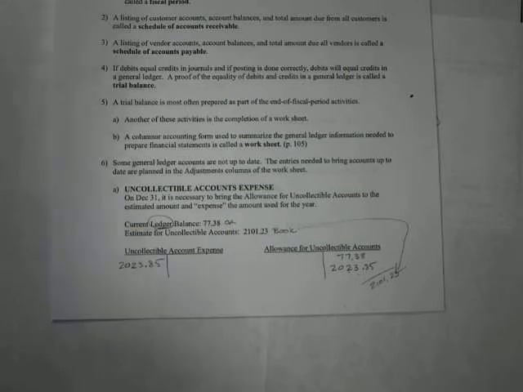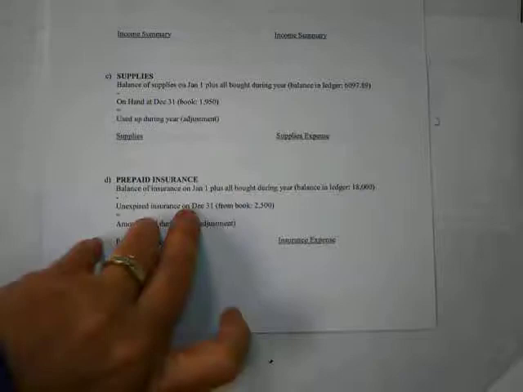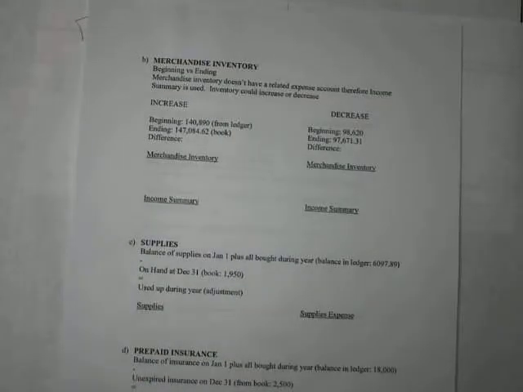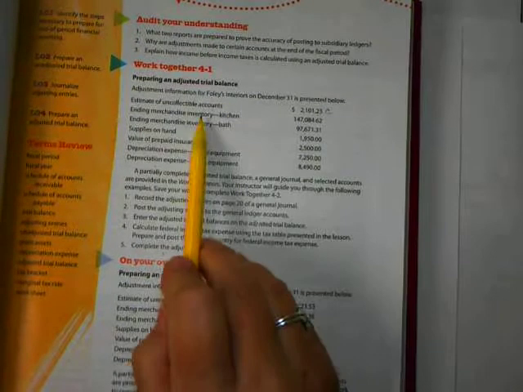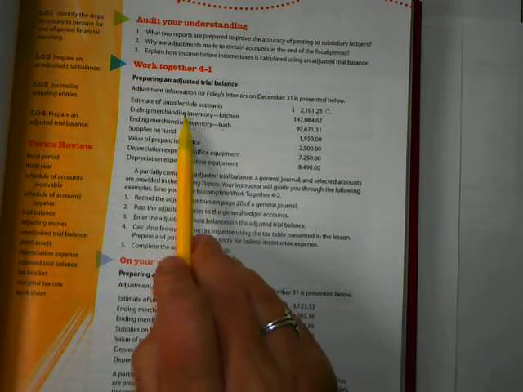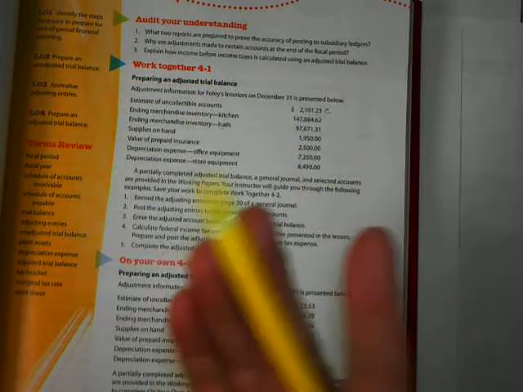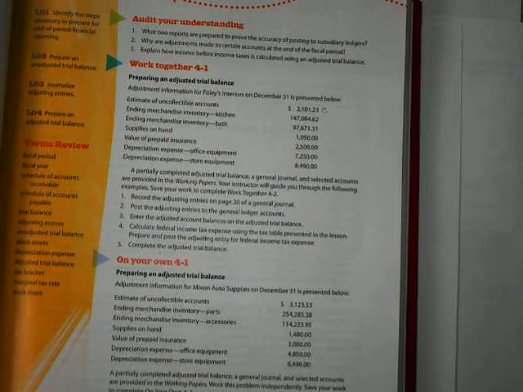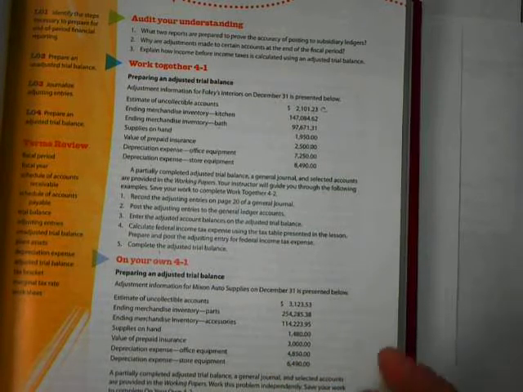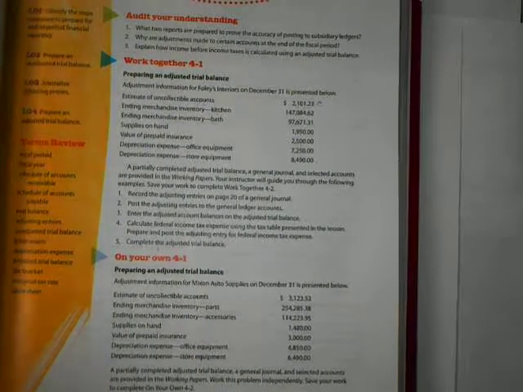Then next is merchandise inventory. Okay, so back to our book. This is departmentalized, so we have inventory for the kitchen and inventory for the bath departments. Again, remember this is ending inventory, and we're trying to figure out what the difference is. How did it change? That's the adjustment that has to be made. So if we have our ending, what's our beginning? Where do we go find our beginning? Okay, we find our beginning